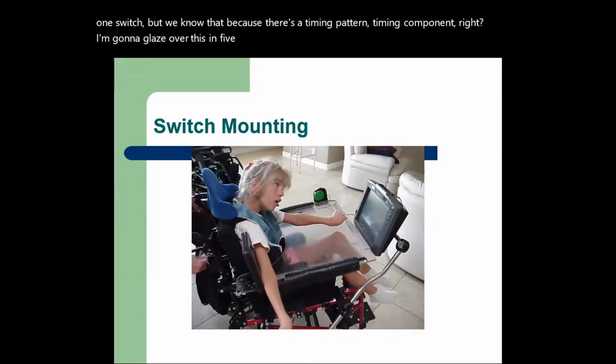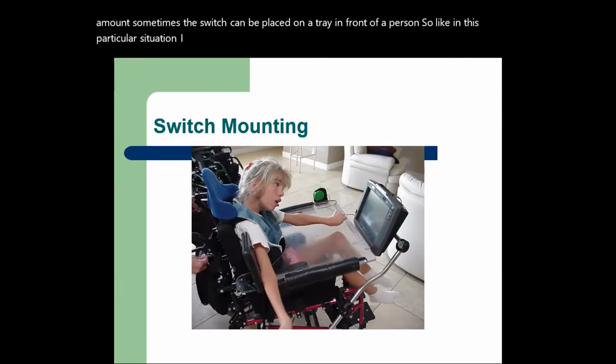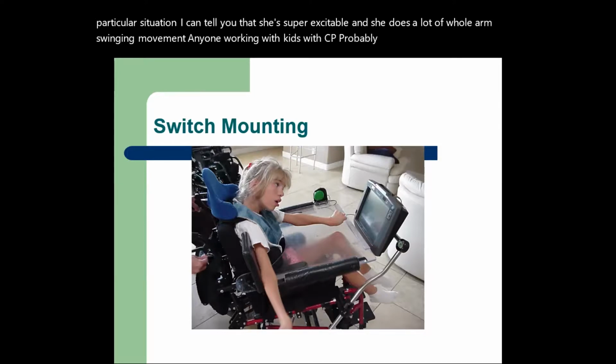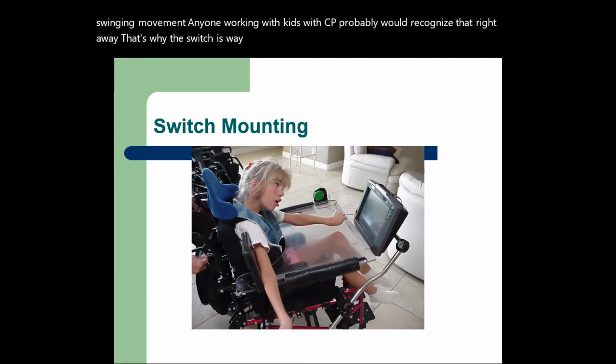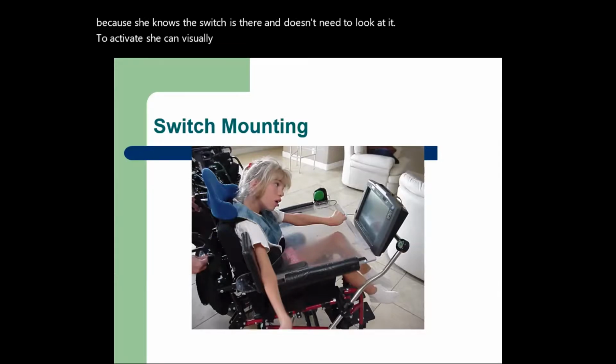Switch mounting is important in that sometimes the switch can be placed on a tray in front of a person. So in this particular situation, I can tell you that she's super excitable and she does a lot of whole arm swinging movement. Anyone working with kids with CP probably would recognize that right away. That's why the switch is way off to the far left. She has great cognitive understanding because she knows the switch is there and doesn't need to look at it to activate it. She can visually attend to the device in front of her and know that she can swing her arm and hit it off to that left side and activate the switch